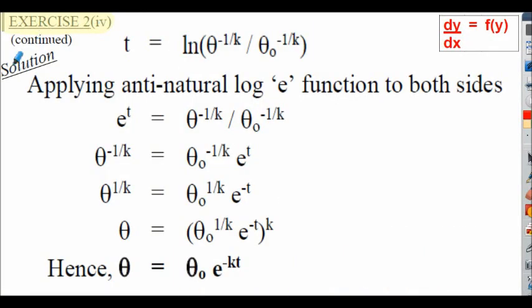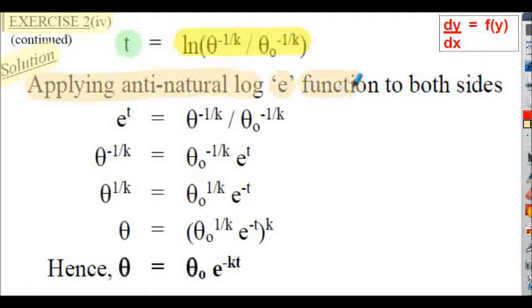Exercise 2, part 4, solution continued. Just repeated this line from the previous slide for convenience. So next we're going to apply anti-natural logarithms, that's basically the exponential function, to both sides of the equation. So exponentializing the left hand side we have e to the power of t, exponentializing the right hand side, the